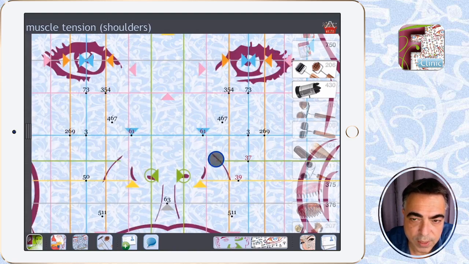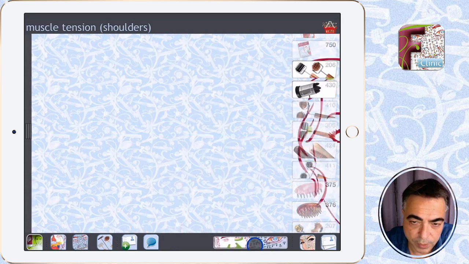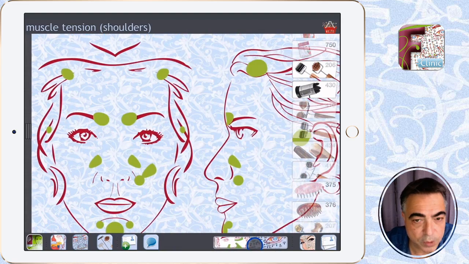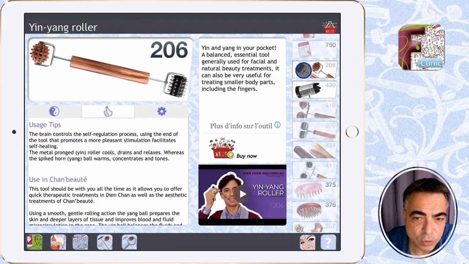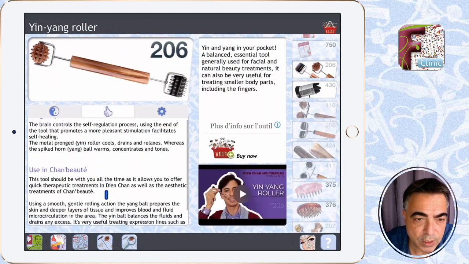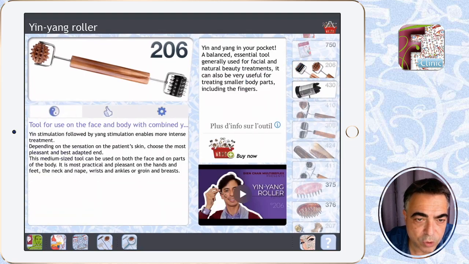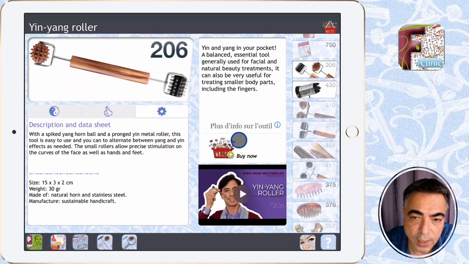So like this, you test with a detector, or you can also be guided by those points, transformed into reflex zones to use the tool. If we press on the tool, we have much more information about the tool. You have also here the way to use it and a technical sheet. And if you want to see the gesture, to see how the tool is